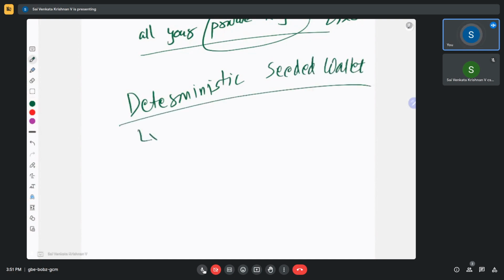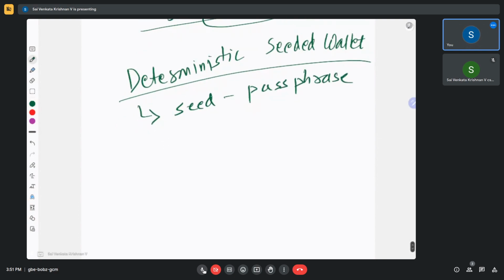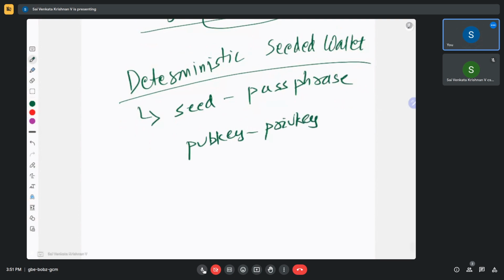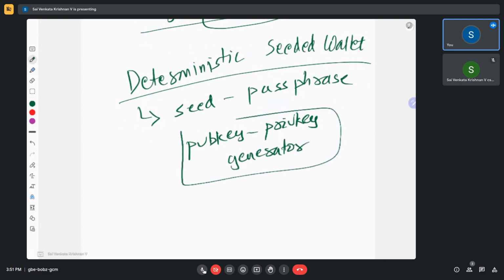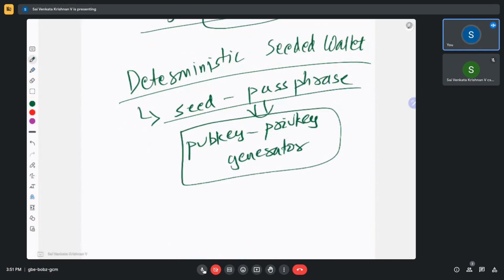The idea is that you would be asked to provide a particular seed, like a passphrase or something, and there would be a specific public private key generator, and when this seed or passphrase is provided to the key generator, it will keep on